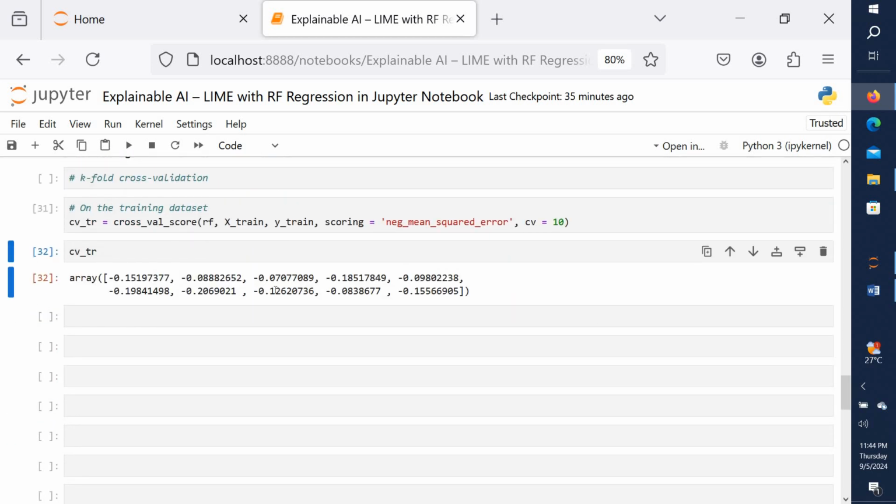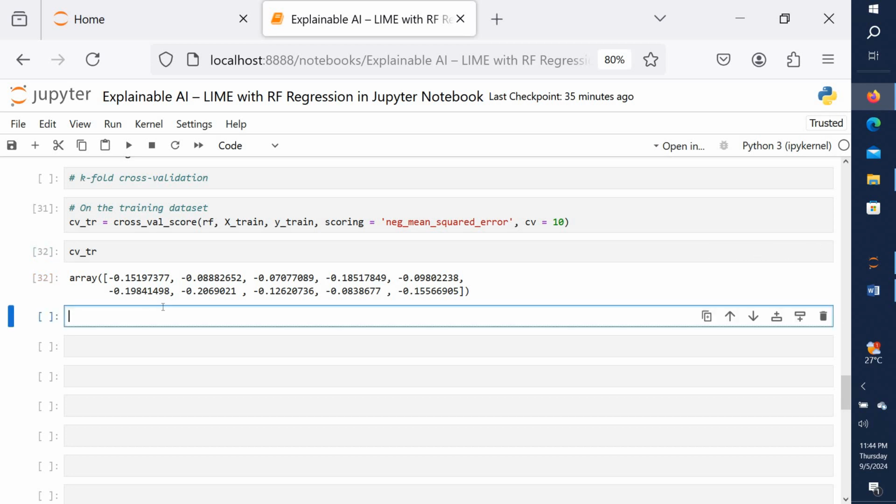This way we get 10 folds. For negative, we need the mean of these 10 folds and the absolute mean. So the absolute mean score